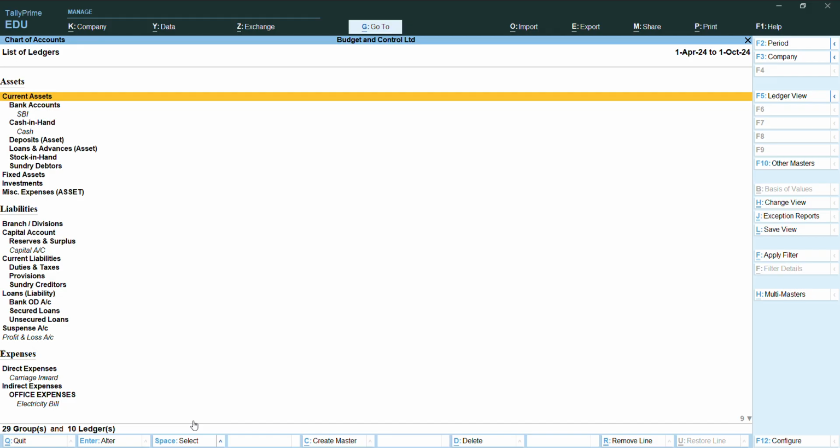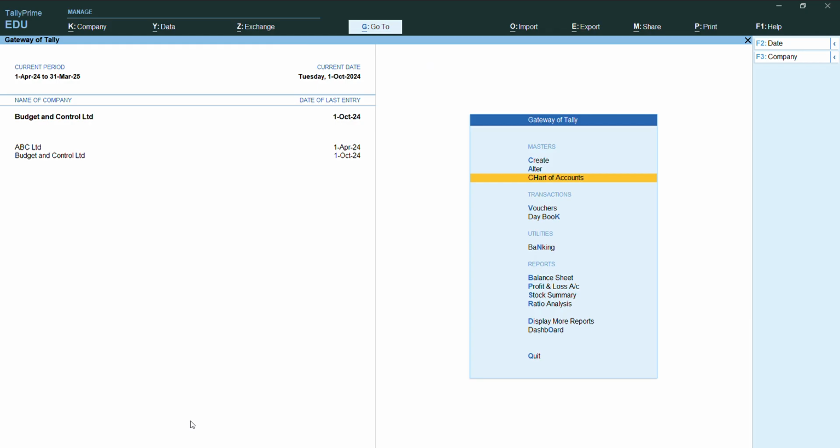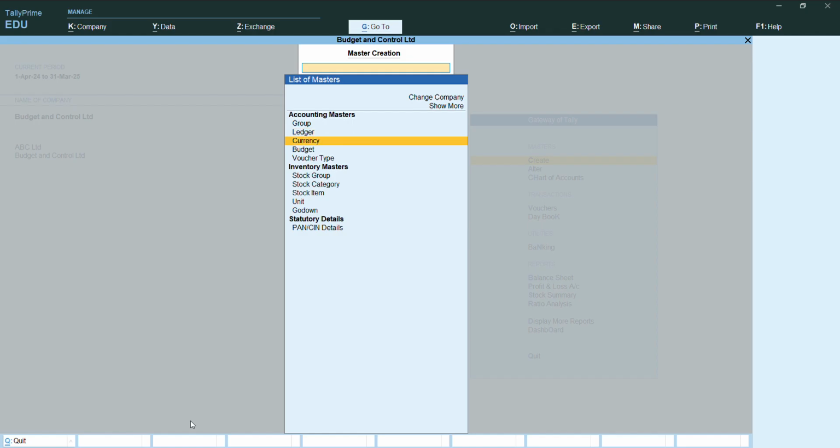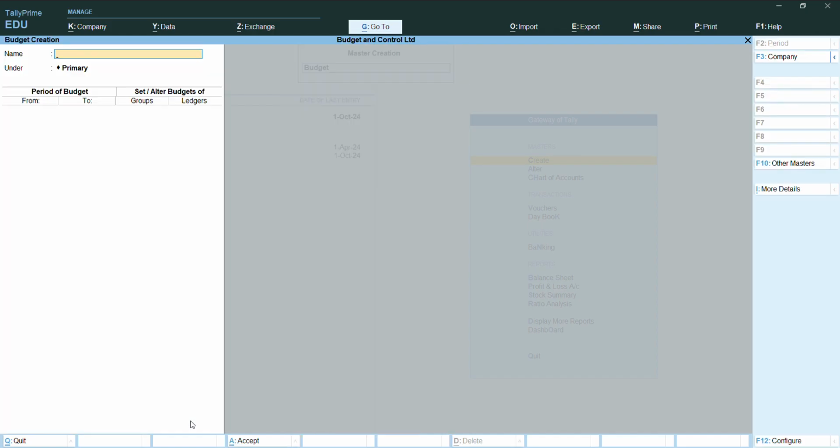In our next step, we will create a budget of ledgers with balances. For this, come here, gateway of Tally, then go to create, then budget. Then write the name of the budget as in our question, like budget for November. We use Nov for short form. Nov 2024